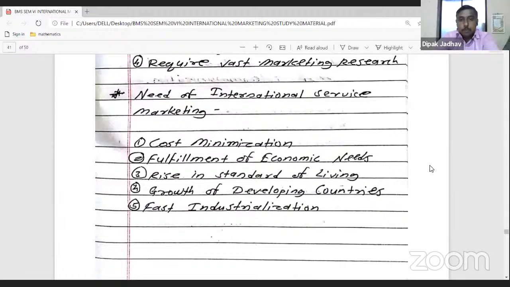And fulfillment of economic needs, the basic need, for avoiding unnecessary burden on business, and it makes a way to provide service at a quality standard of living. Ultimately, it is giving better opportunity, and the service sector gives more employment compared to manufacturing products. So ultimately the service sector industry is giving long-lasting employment,